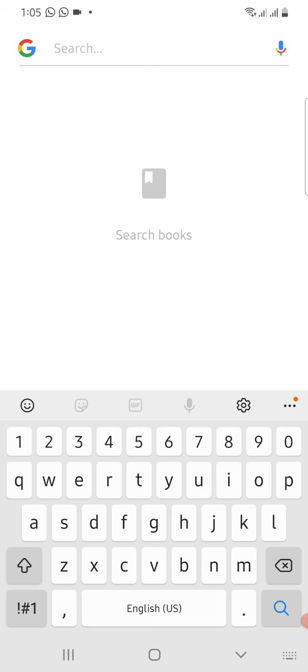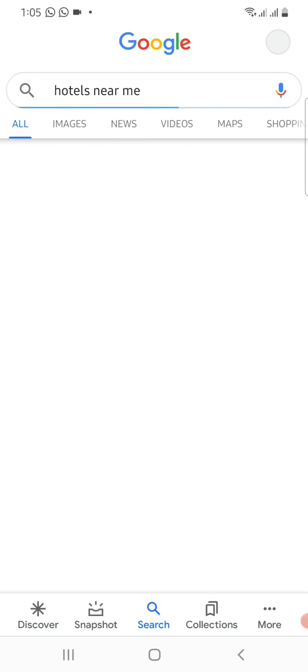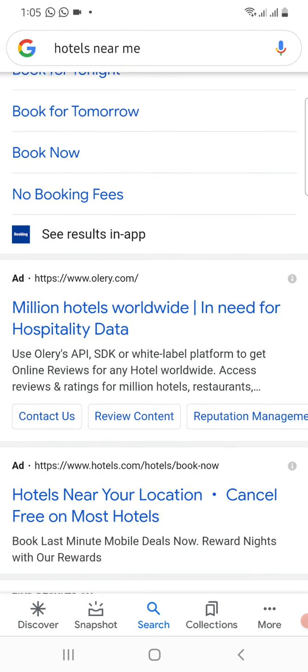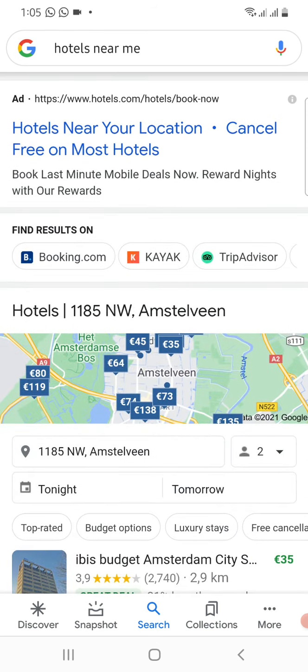Also, let me put a very easy thing. I'll click on that. This is a very good thing. When you click on hotels near me, it will show me all the hotels which are nearby my house.